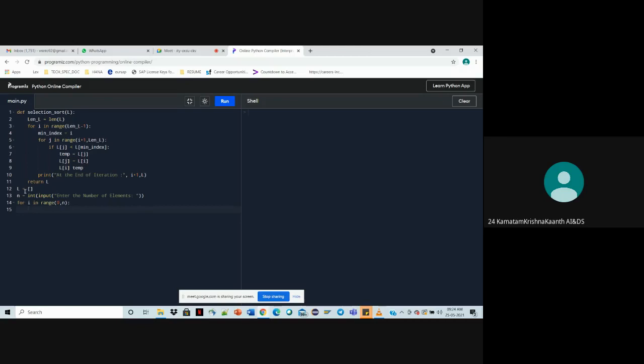And we are giving another variable, element, for the user to enter the elements that he wants. Integer, again we have to specify it as integer. Input, and this should be empty.